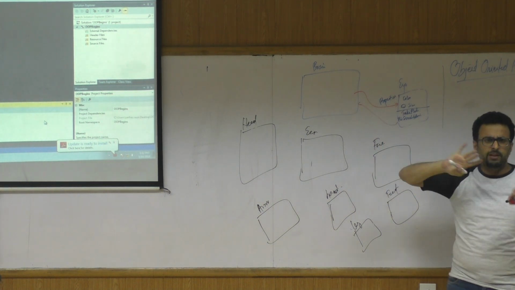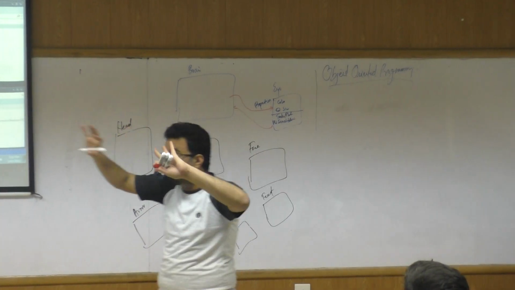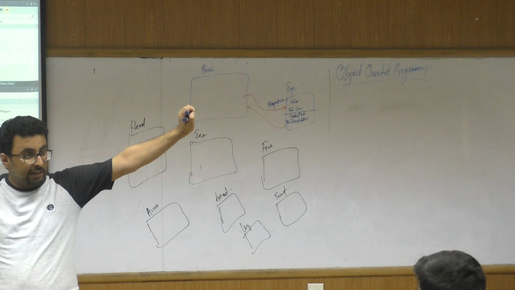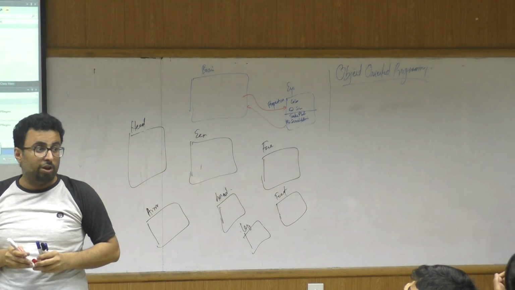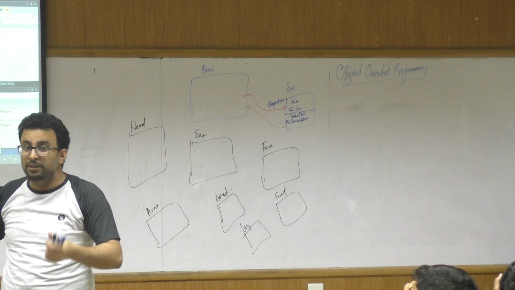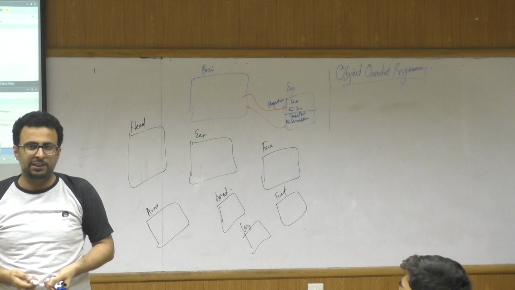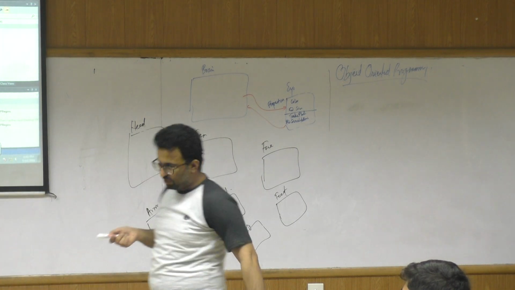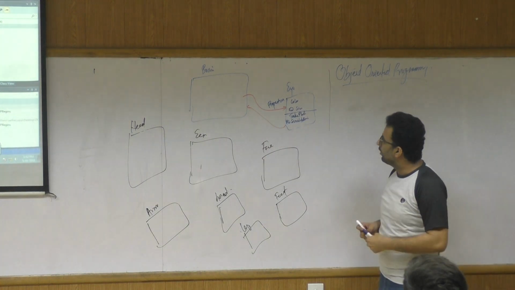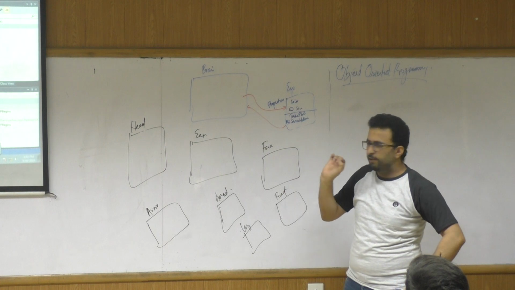We will talk about connections in great detail: how do these objects build connections between each other? Connections are important in a way that if there are connections, then they can do message passing. If they don't have any connection, then they can't send messages to each other. Everybody understand? Sure.